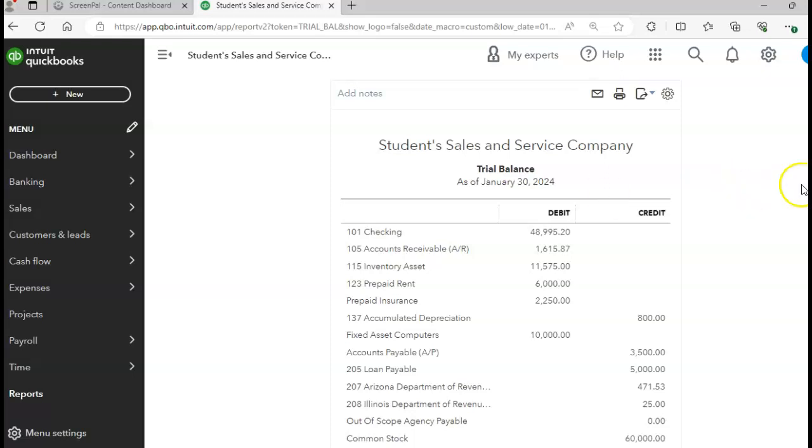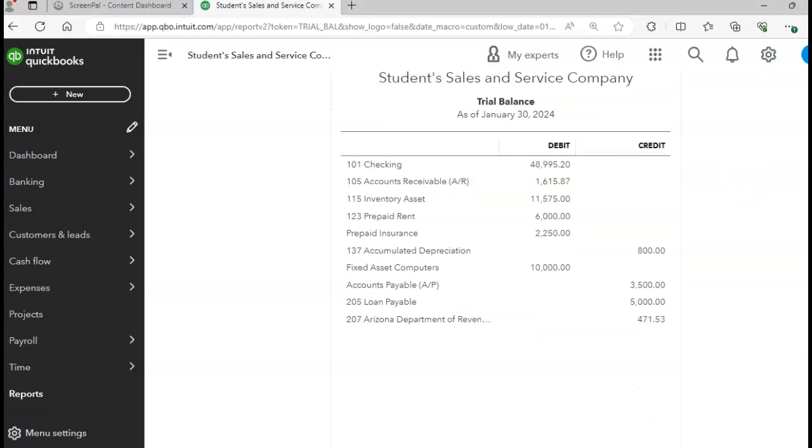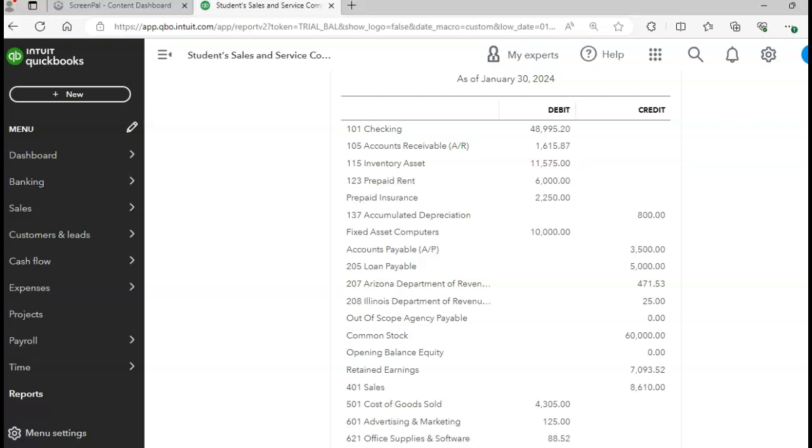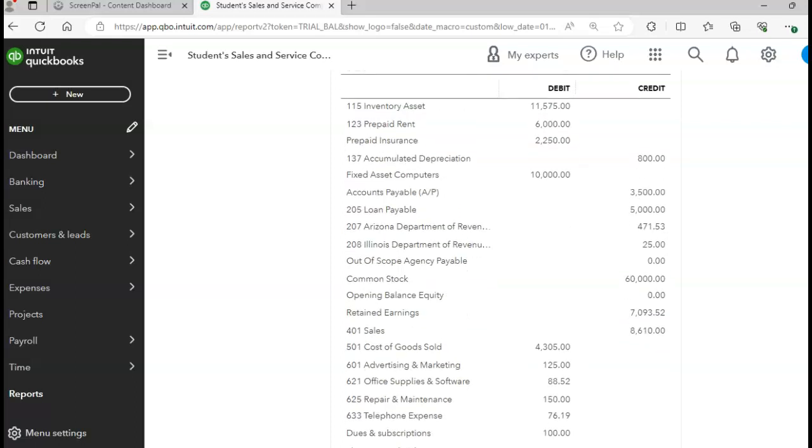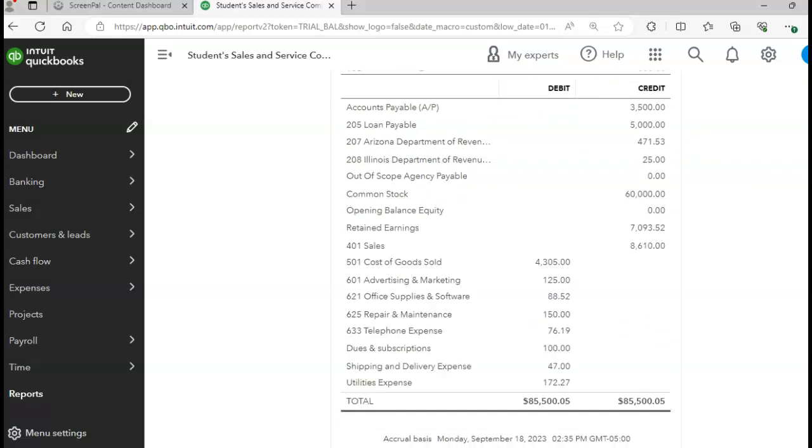And you can check your figures on page 430 to make sure they balance the figures on your trial balance. I'm doing the same thing right now. And I see that for each of my columns, the amount should total $85,500.05. Okay. So one transparency moment, I see that my telephone expense, utility expense are not quite the same,